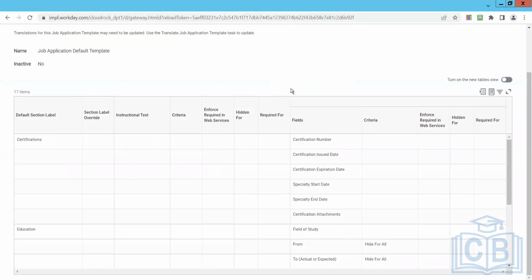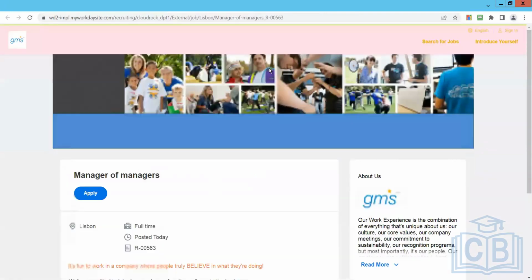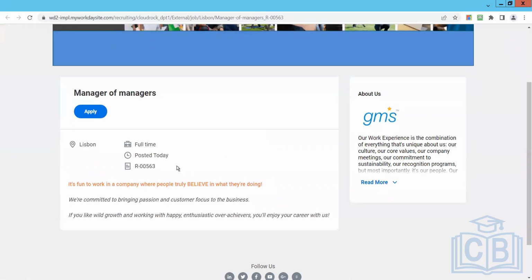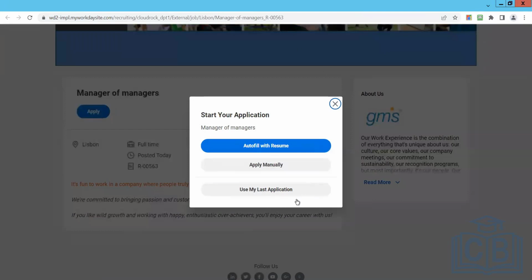Oh, no, this is not it. So see, on our career site itself, we are able to see this job posting, Manager of Managers. And if I click on apply, then it will ask me. So how is this coming? It is coming from the edit tenant setup recruiting. We have done that, whether we want resume or apply manually, everything is coming from that. Now apply manually, if I click,